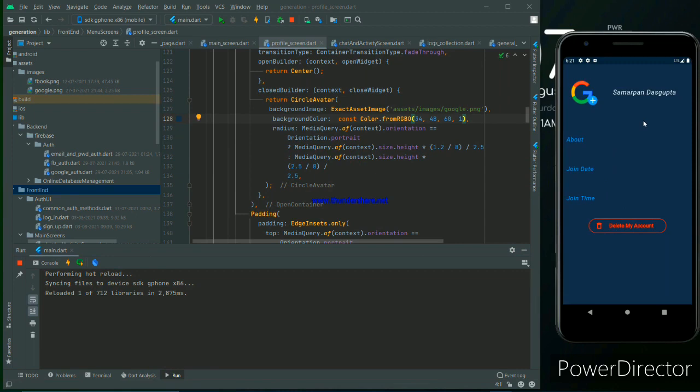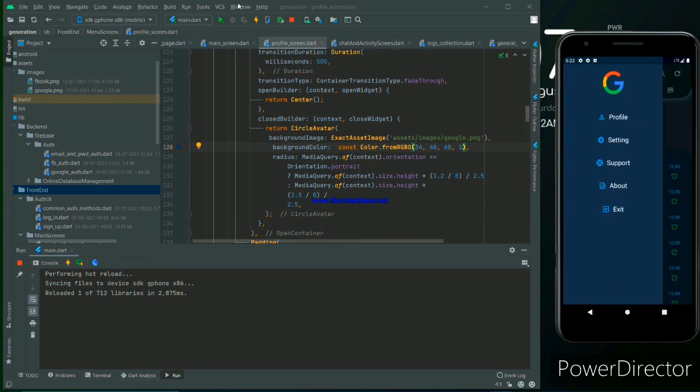And click on the profile screen. Actually, I did not provide other things as well. That's it. Just a minute.